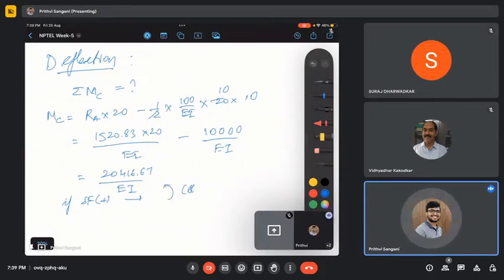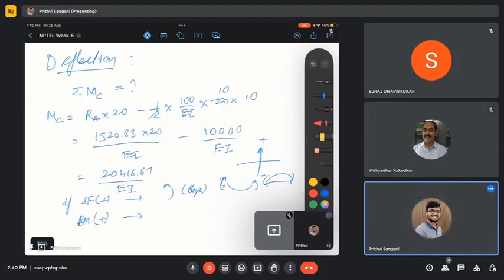So this is derived from the actual formula, right? When you are deriving the beam, we take upwards as positive and downwards as negative, and we take sagging as positive and hogging as negative, right? So this is derived from this. So if shear force is positive, we have anti-clockwise, and if bending moment is positive,